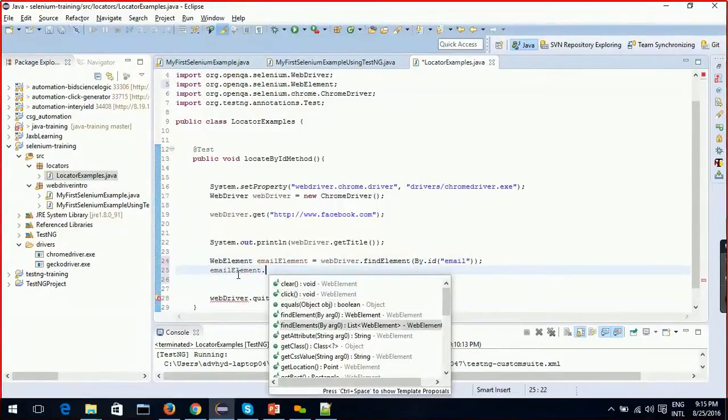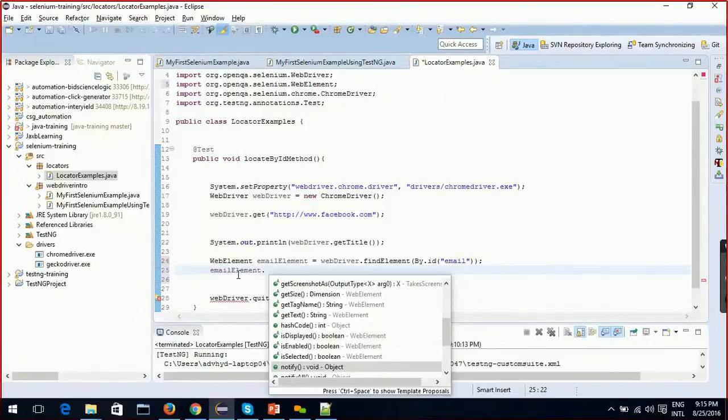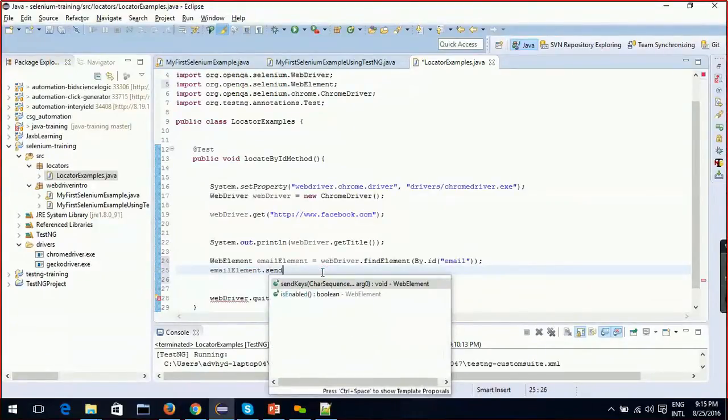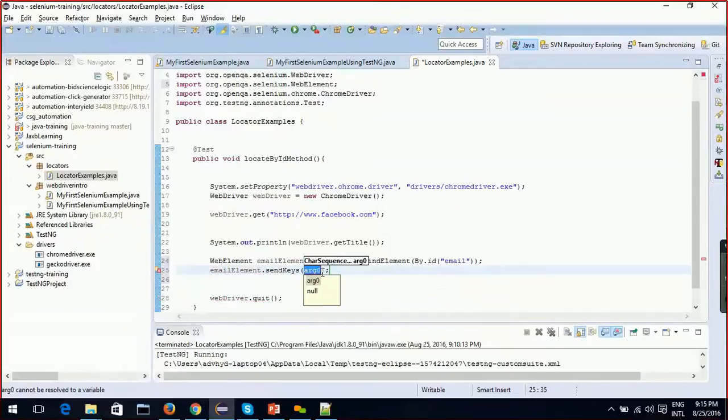Dot clear, click. What I'll do, dot sendKeys. So for now, just